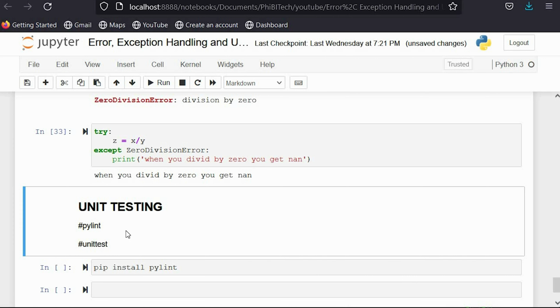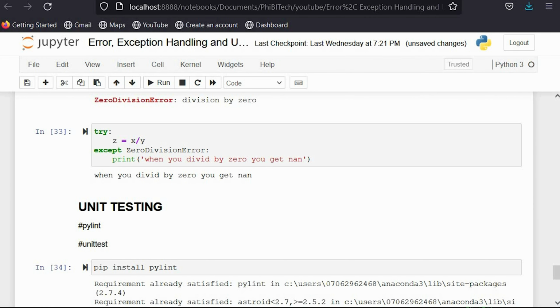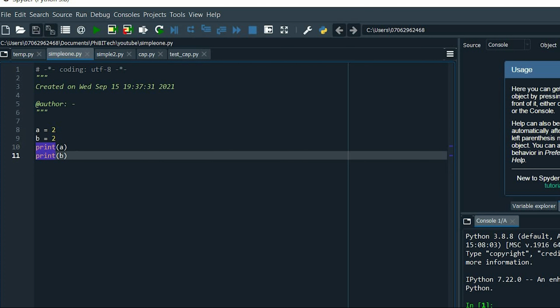And for us to check our code, we actually use a library called Pylint. If I run this now, it will tell me requirement already satisfied. But in case you don't have it on your system, please do try and install it. So let's move on to our Spyder to actually check our Pylint. I know this tutorial is getting long, but I'll try and rush things so we don't spend too much time here. So let's end this